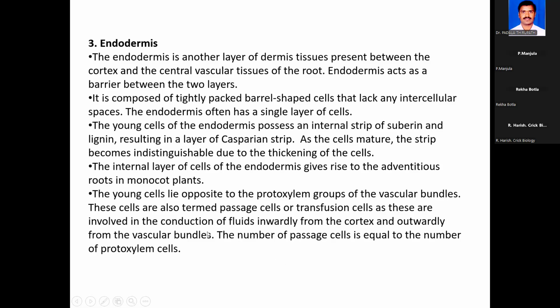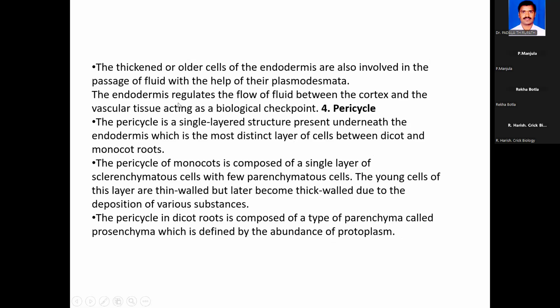For example, here the number of protoxylem cells is 10, so the number of passage cells is also 10. The thickened or older cells of the endodermis are also involved in the passage of fluids with the help of their plasmodesmata. The main function of the roots is the transport of water and nutrients from the soil